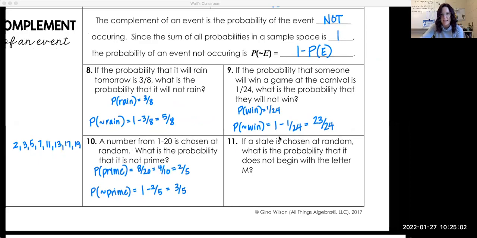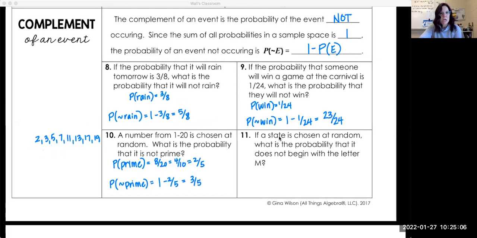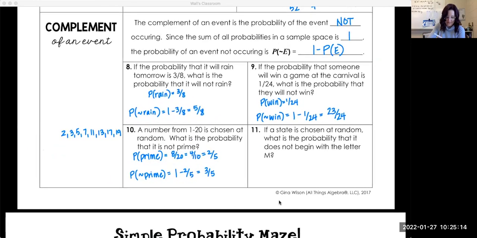Our last example, if a state is chosen at random, what is the probability that it does not begin with the letter M? This one's a challenge. I'm not a geography teacher. How many states begin with the letter M? Let's see if we can name them all. We have Maine, Mississippi, Missouri, Montana,